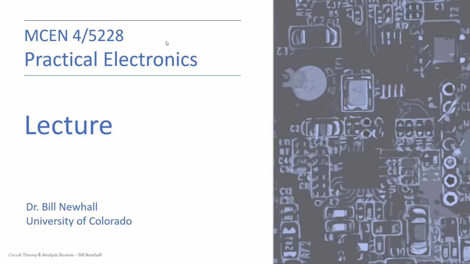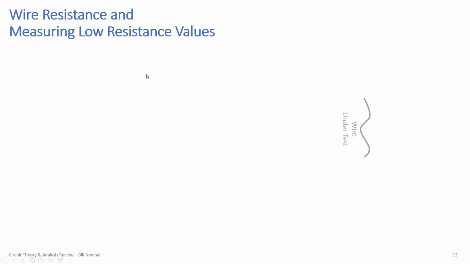Last time we talked about circuit theory, we focused on some applications. We ended with calculating energy delivered to a device, and we also talked about resistance of a wire. And I want to show you a practical application of that today with solar panels and power efficiency. So last time we talked about